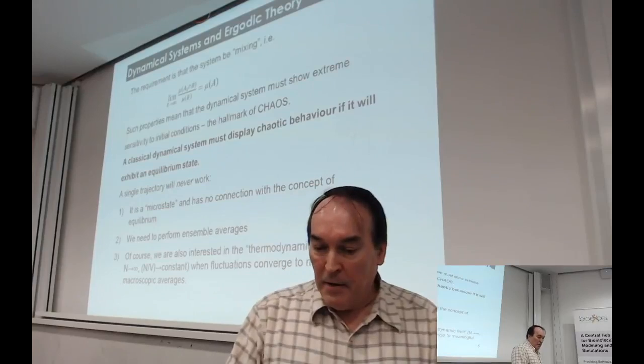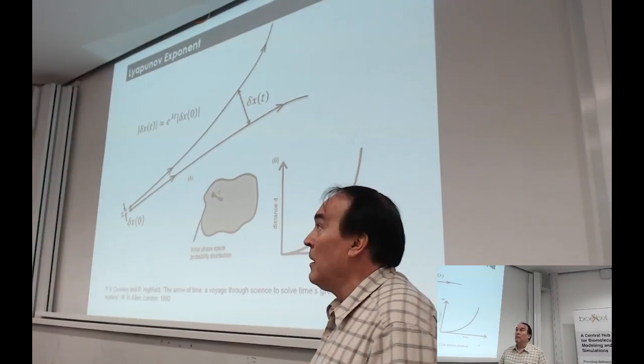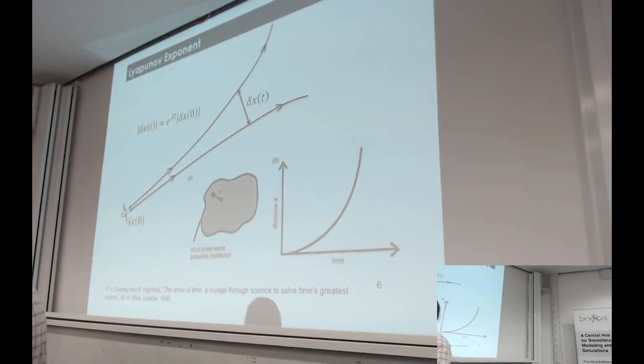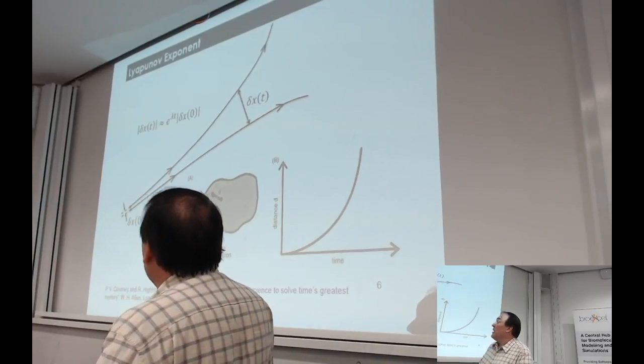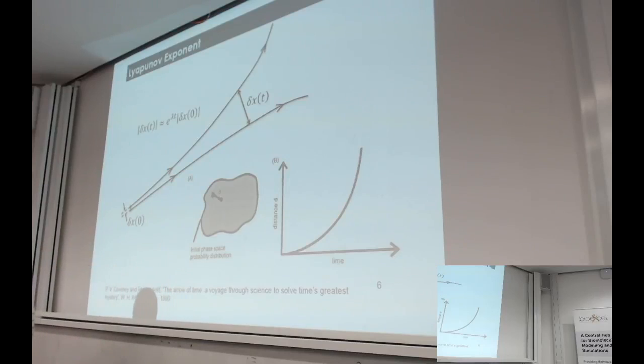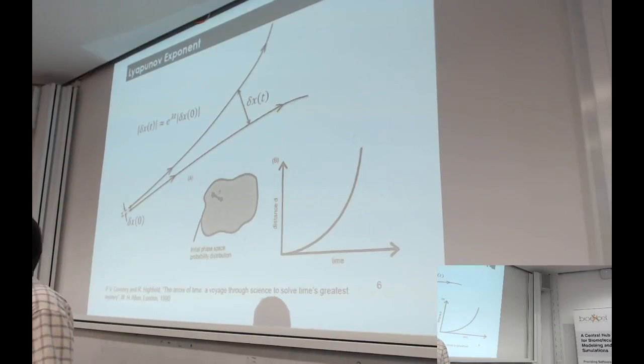And then what conditions I may need to draw from that, or consequences for doing these calculations. This is a pictorial representation, as it were, of the mathematics, and it simply says that I have some uncertainty in my initial condition that's always used in a molecular dynamics situation. Then, if this system is going to have an equilibrium state, oh, by the way, it will do because we're measuring free energies, then those trajectories diverge exponentially fast, and there's an intrinsic property of the system, the Lyapunov exponent, that tells you